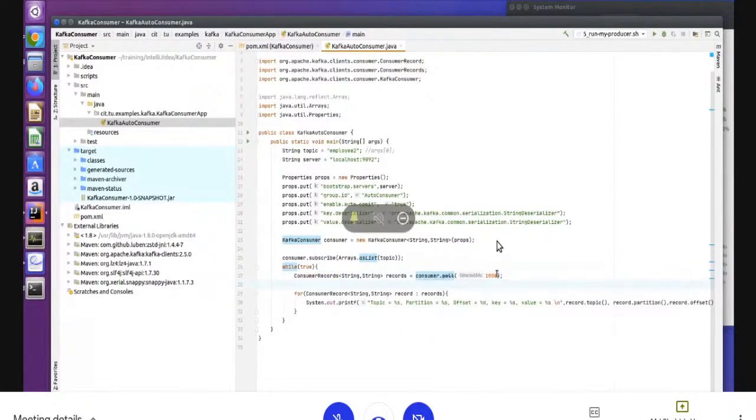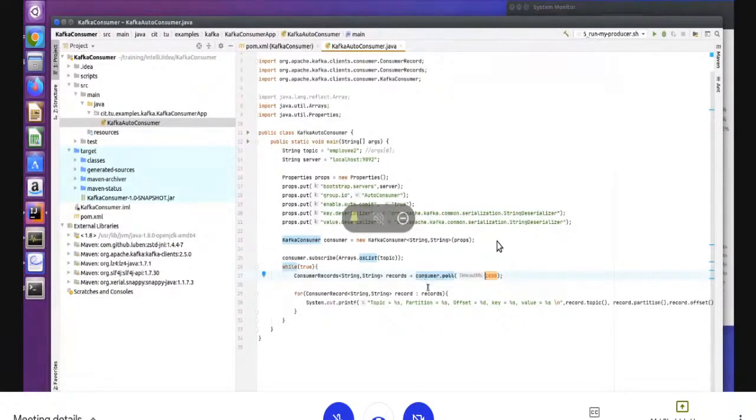Every 1000 milliseconds, the consumer will hit the topic and pull the data, and it will return the records. That's why I created consumer records. It means more than one record, right? So this consumer will hit my topic and read every 1000 milliseconds. You can specify how often your consumer must read your topic. I specified it this way, but you can specify 5000 or 10,000, whatever you want, like every second or every 5 seconds.